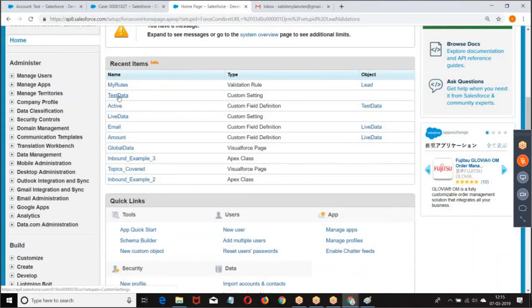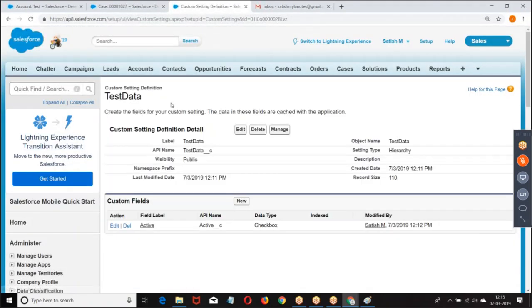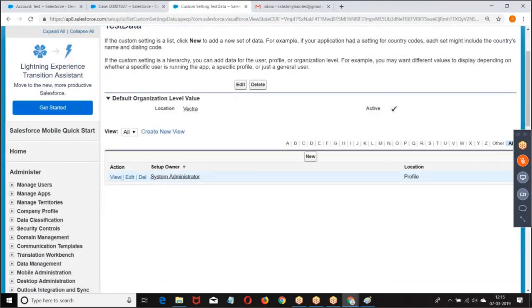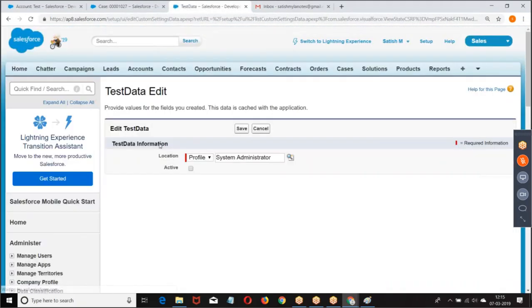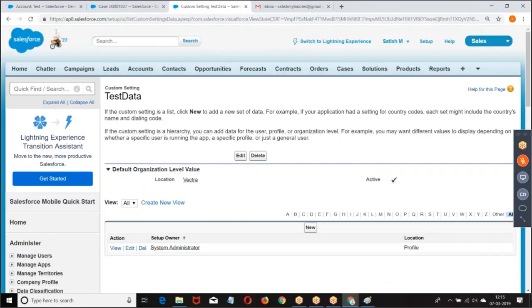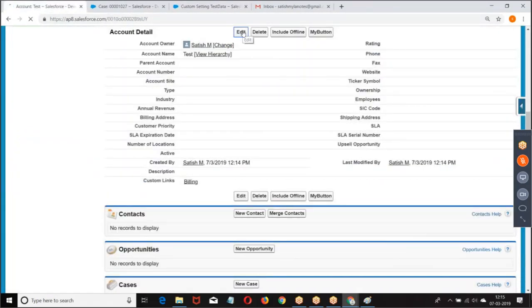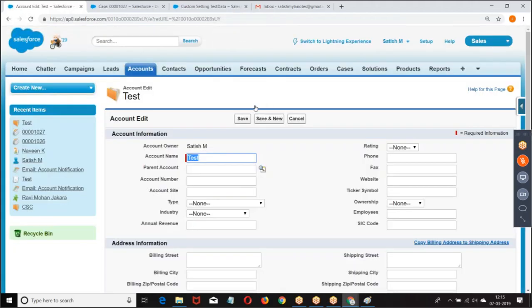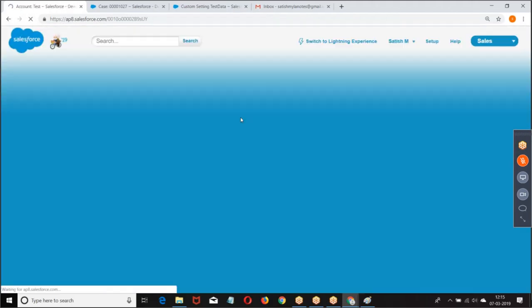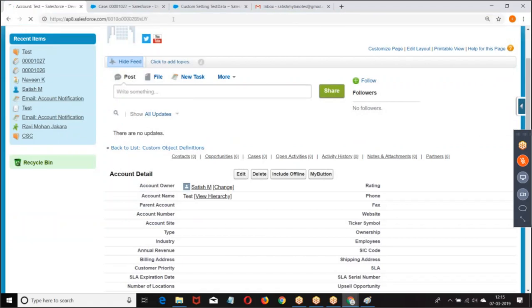Simply go to your test data, manage, edit. Are you making any changes to the coding? Coding wise, you are not making any changes. Again, I save. Let me run it.